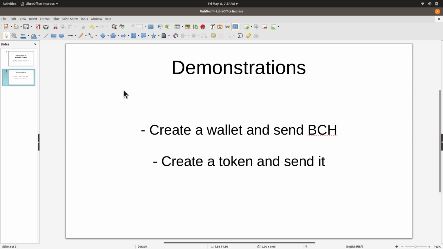The demos that I'm going to cover in this video, there's going to be two of them. First, we're going to create a wallet and then send Bitcoin Cash using that wallet, just as a demo. And for this, we're going to use the testnet, so it won't be real Bitcoin Cash, but it's sort of a mirror network that they call the testnet for doing this type of development without you risking real